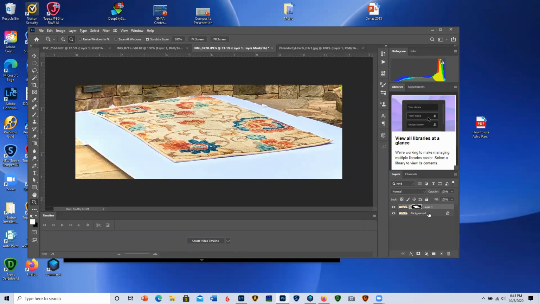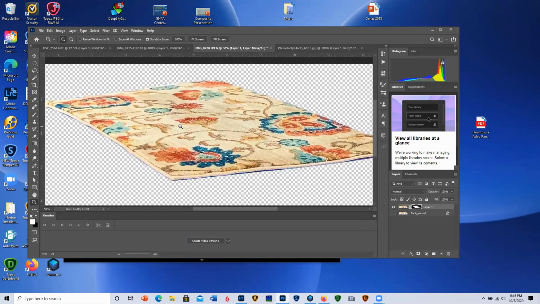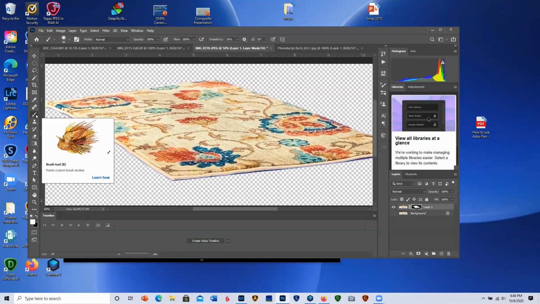Now I still have the background active down here. So the little eyeball here can turn that background off. So I will click on that, and here is my rug. The only problem is there's some shadows under here that I really don't like, and there's a tag sticking up back here. So let me zoom in some, and I'm going to take my brush